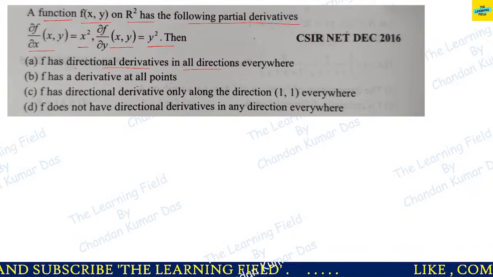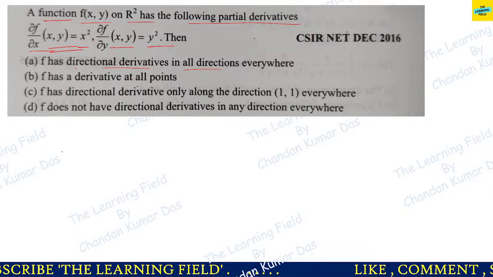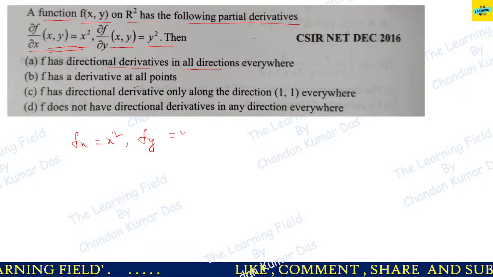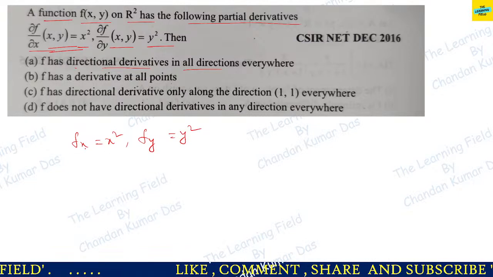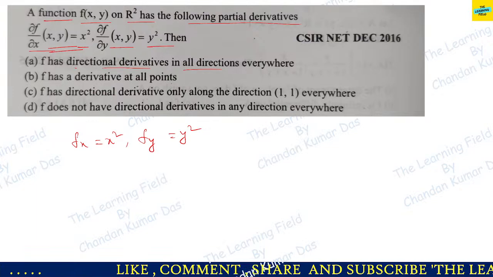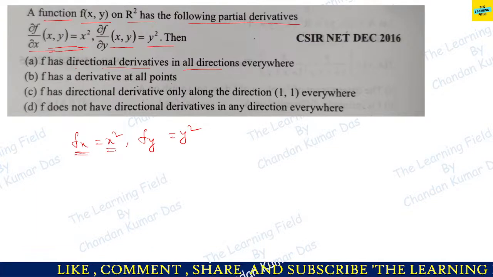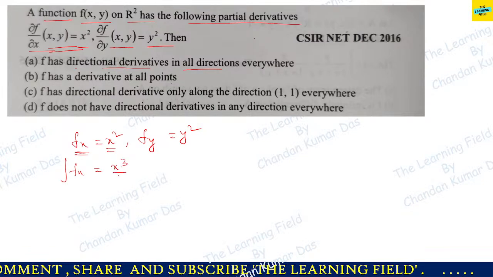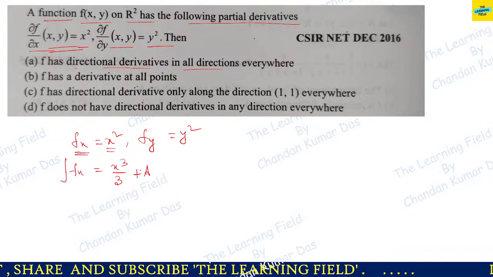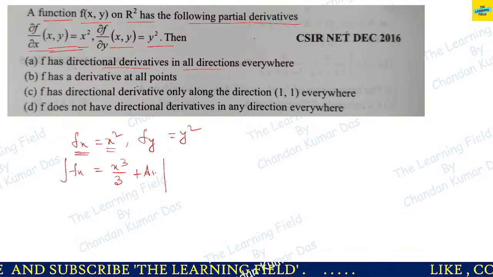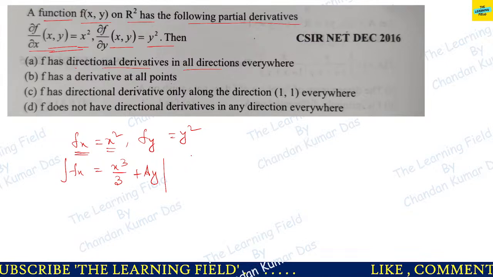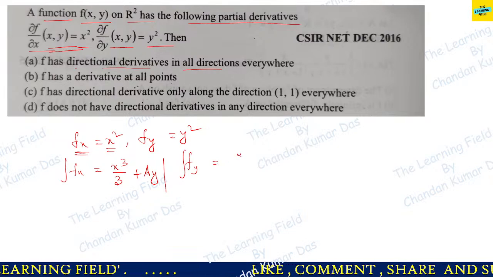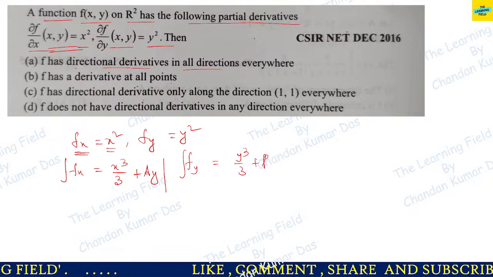f(x,y) is a function such that del f del x is equal to x square, so f_x equals x square and f_y equals y square. Now, here nothing is said about f itself, but if we integrate with respect to x, then obviously this is also a polynomial. So integrating f_x gives x cube by 3 plus some constant, a function of y. Similarly, if we integrate f_y with respect to y, then this should be y cube by 3 plus